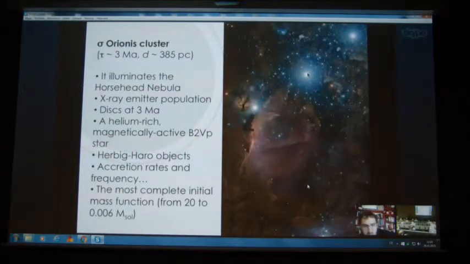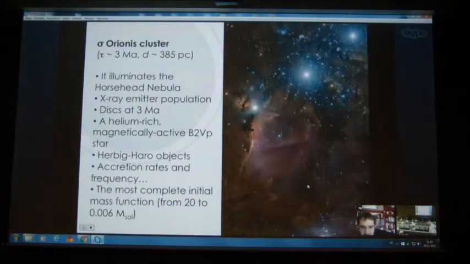This young region is the Sigma Orionis, and Sigma Orionis is this star. You may recognize Alnitak, Alnilam and Mintaka, which is the Orion belt, and here you can see the Horsehead Nebula. So Sigma Orionis is the star which illuminates the Horsehead Nebula, and is very famous because of the studies in X-ray emission,